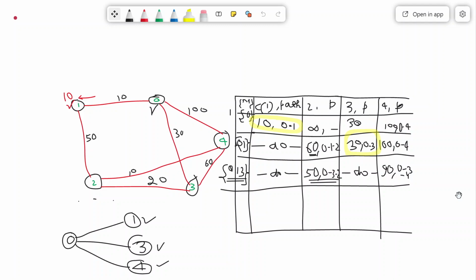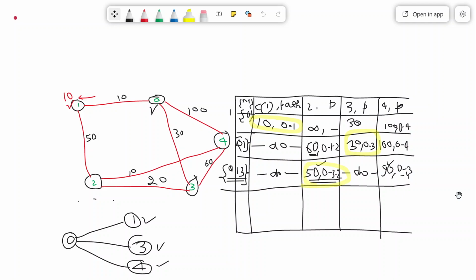Now we have two options. We have to select the minimum among 50 and 90. So 50 or 90, which is minimum? Obviously 50. So this will be our next node, which is going to be relaxed.